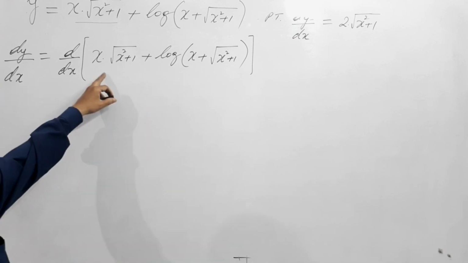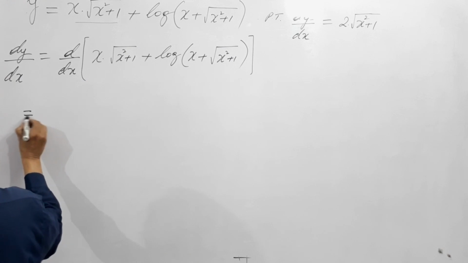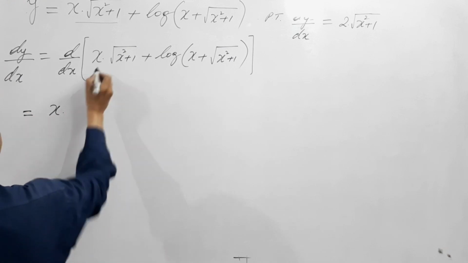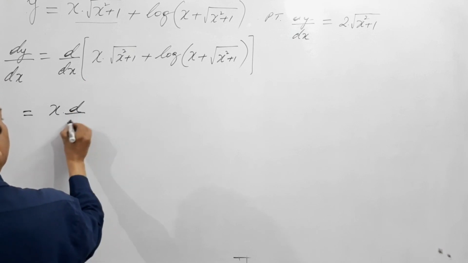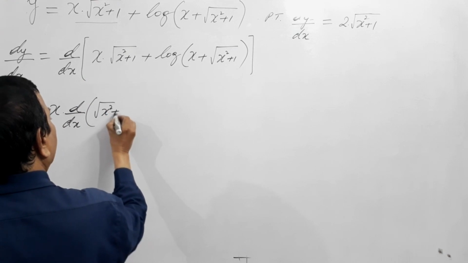So here we have to use product rule, and this is a composite function. So this is equals to what? I'll solve this. I keep the first function as it is, and d by dx of under the root x square plus 1